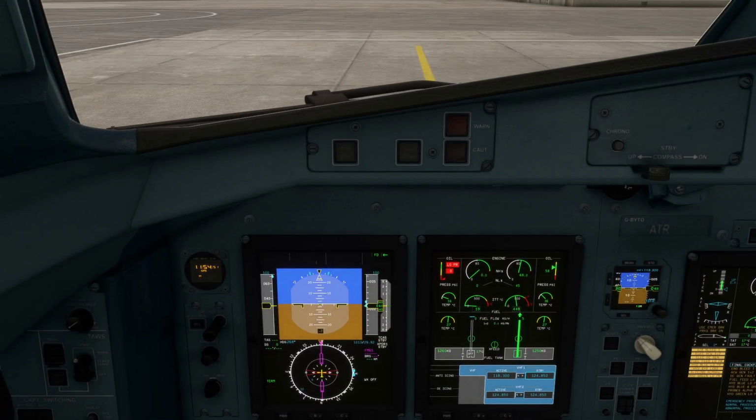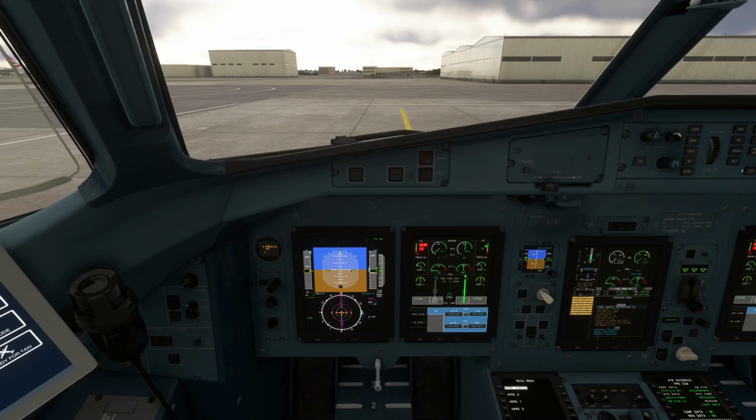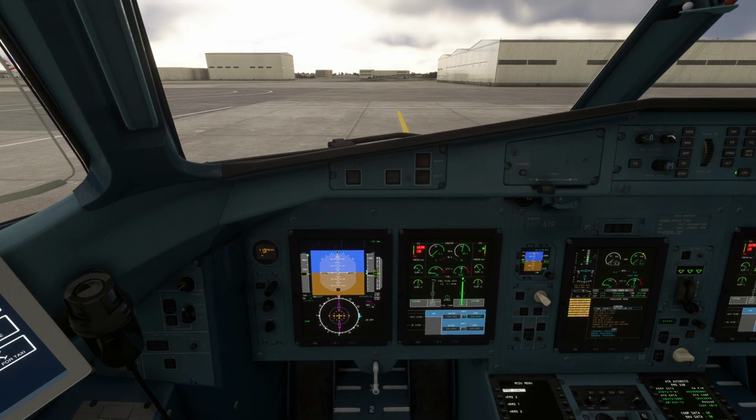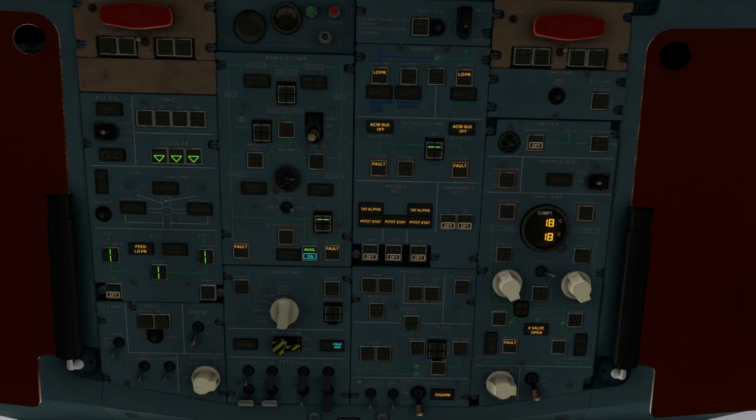So back in the aircraft, you'll go through all the other steps of setting the aircraft up for departure, pushing back, etc. Once you're pushing back, or in the process of pushing back, you will turn on engine 1. Now to turn on engine 1, we need to set the fuel pump on for engine 1, set the engine starter to start AB, and press